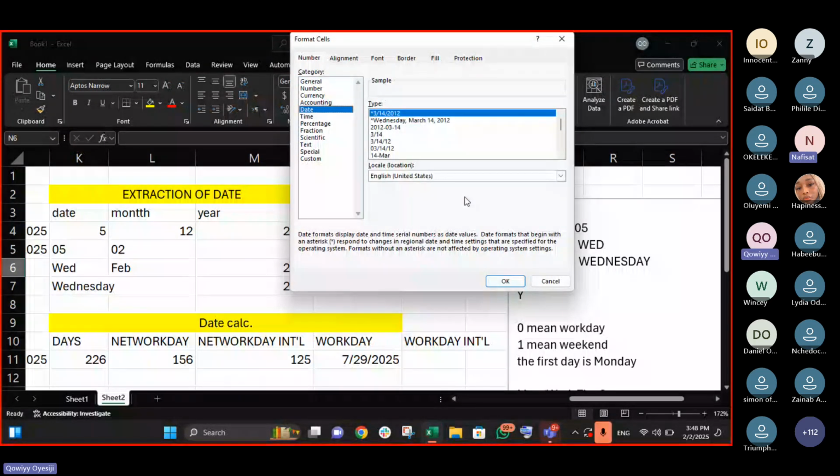Where did you click on that Format Cells? This is our United States format, you can see month, day, year, 3/40/2025. If I come here and change to United Kingdom, you see that the day comes before. This is where I clicked.